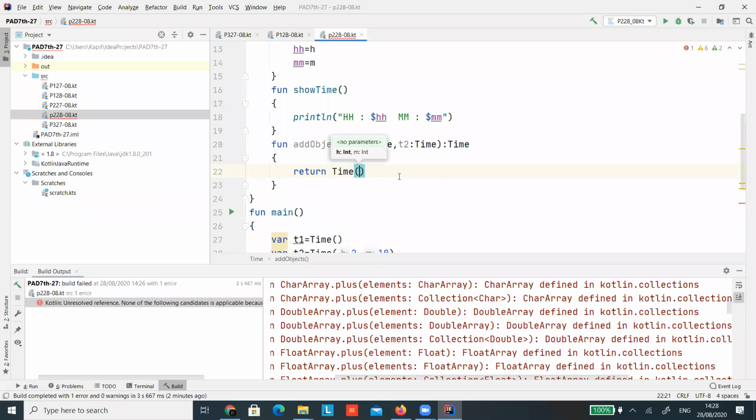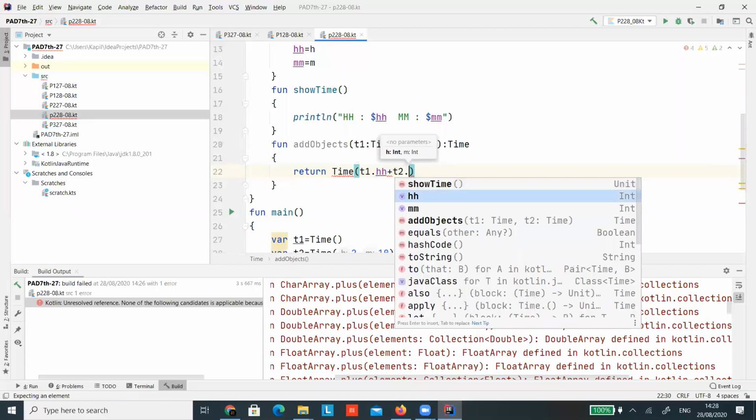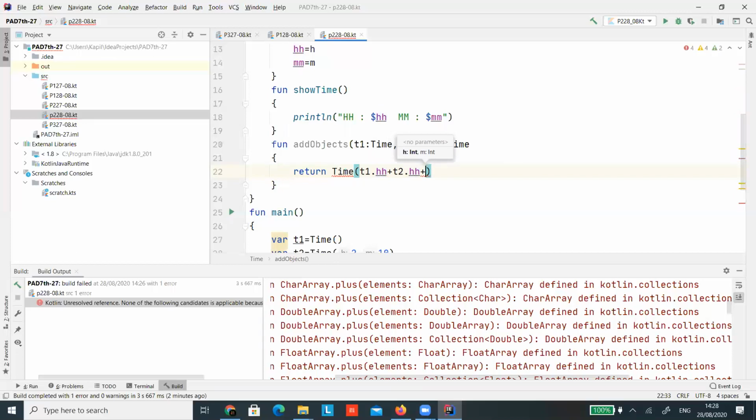So what I will do is t1 dot hh plus t2 dot hh plus, in case the summation of the minutes is more than 60, t1 dot minute plus t2 dot minute, divided by 60. So 120, so 1 hour.